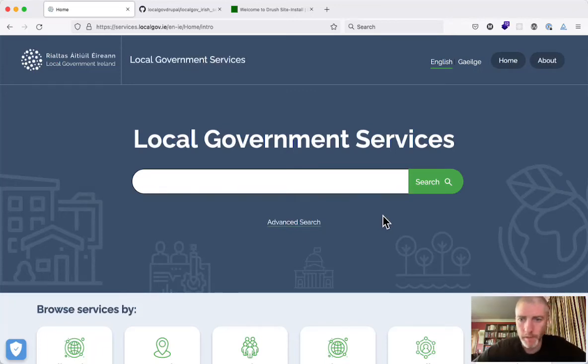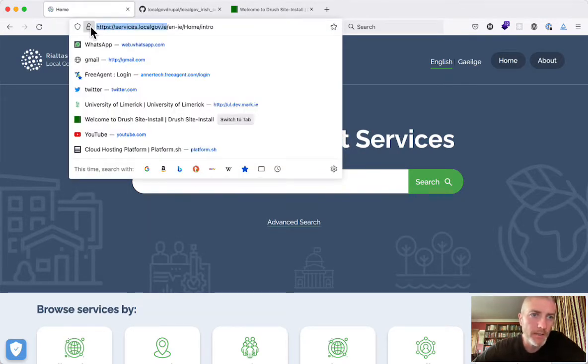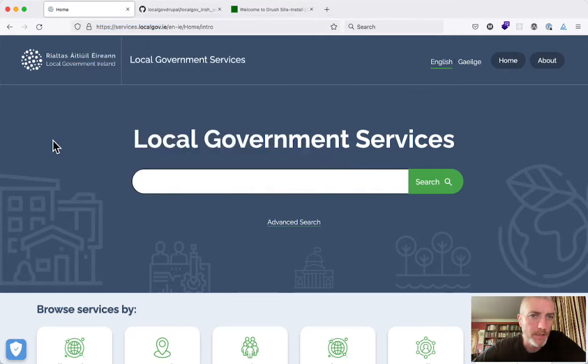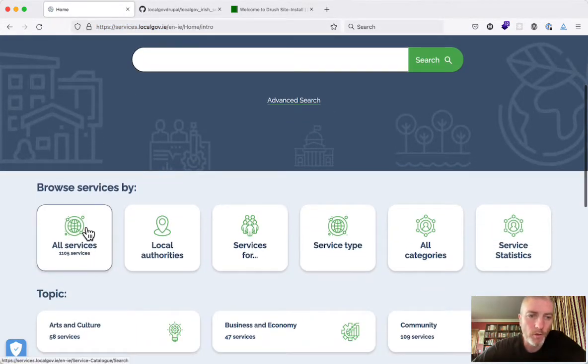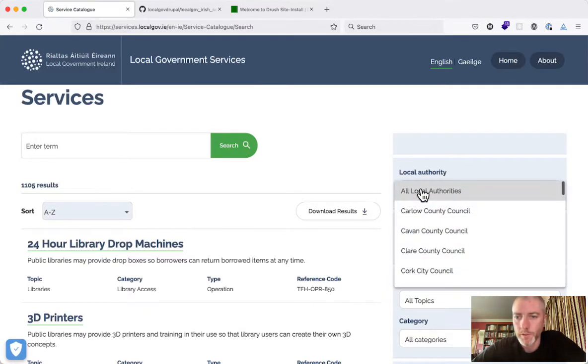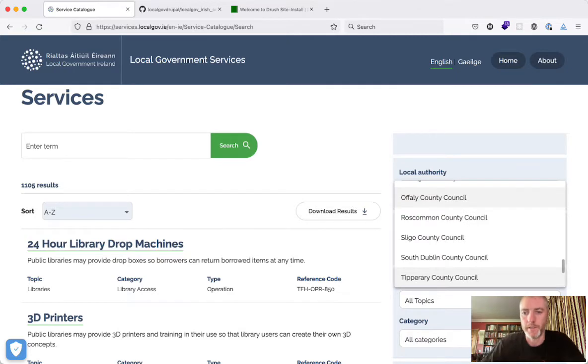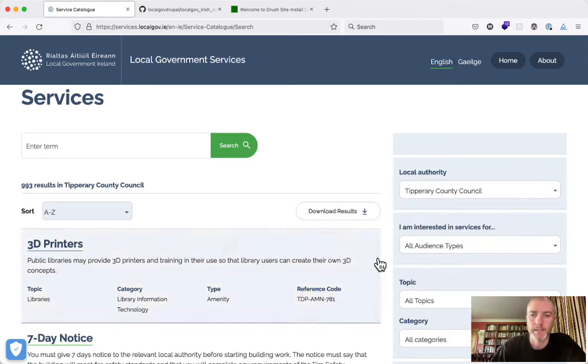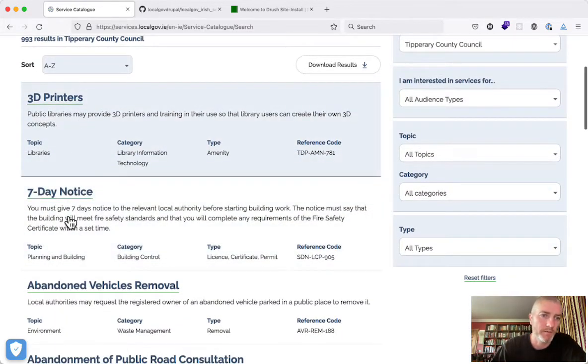Hi everyone, let's have a look today at creating the service catalogue for any Irish council if you're using a LocalGov Drupal installation. So at services.localgov.ie, the LGMA, the Local Government Management Agency, has created a service catalogue, and it allows you to search for all services provided by every council across the country. So you can choose your local authority. You want to look for, we'll say, Tipperary, and then you can see these are all the services that Tipperary